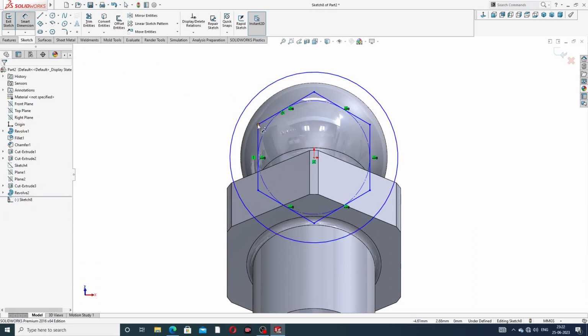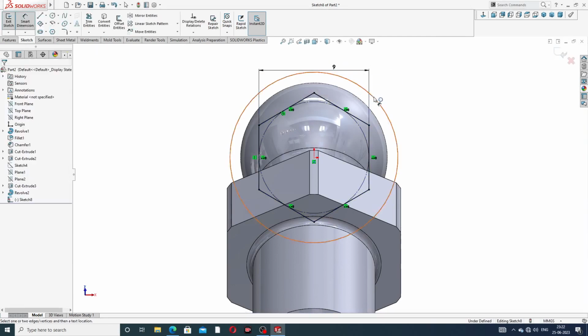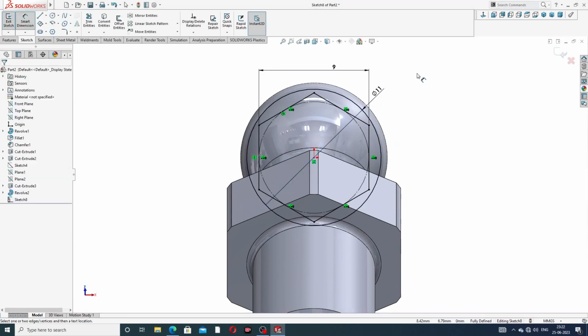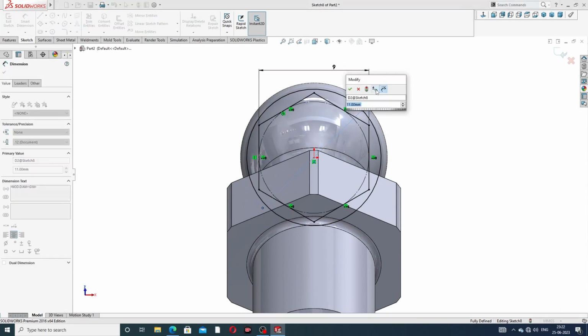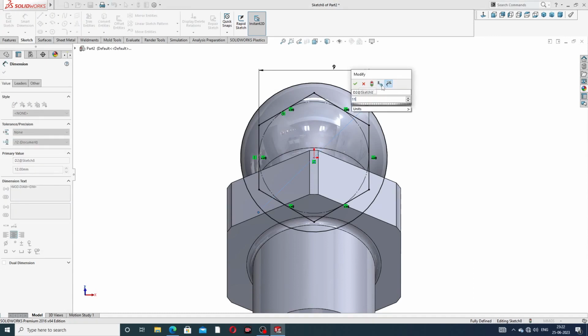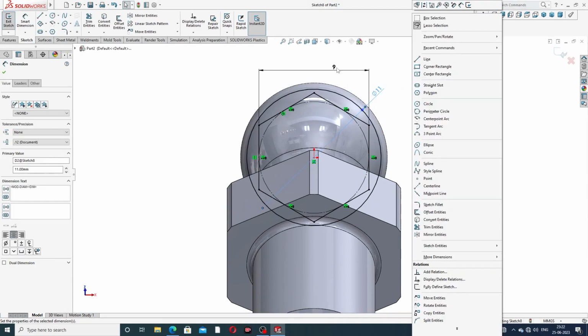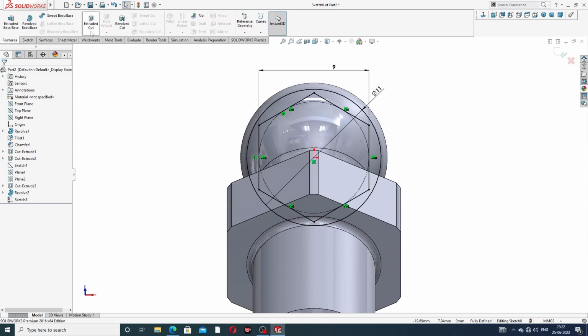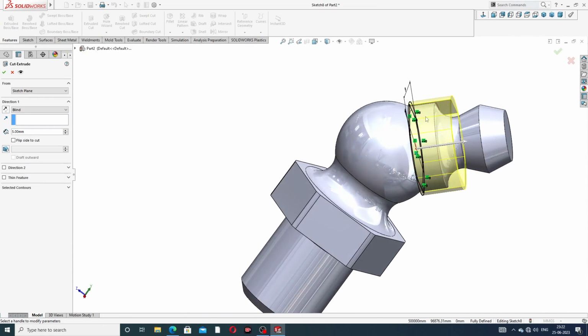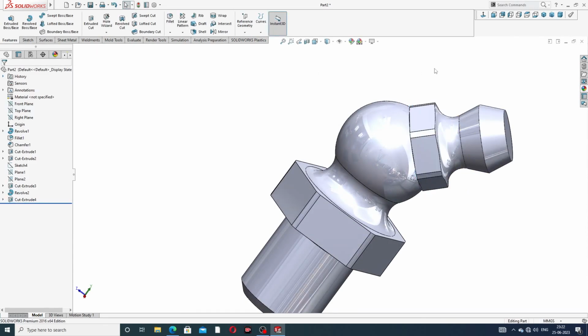and use 9 millimeter, this is perfect, and use 11 millimeter, this is perfect. Okay, and 12 millimeter is better. Okay, 11 is perfect, and use extrude cut. Extrude cut, use this, and click OK. Okay, this is better